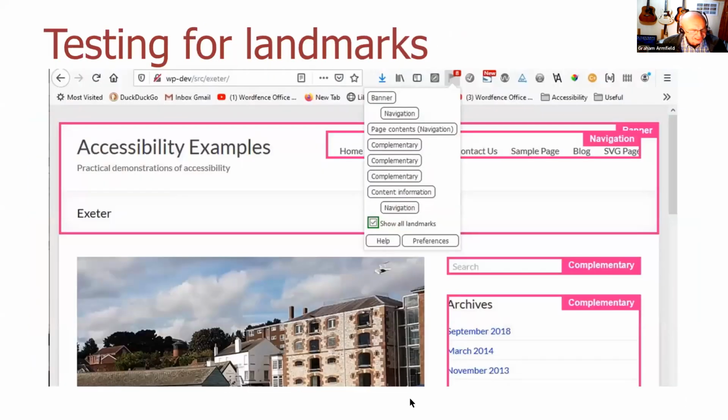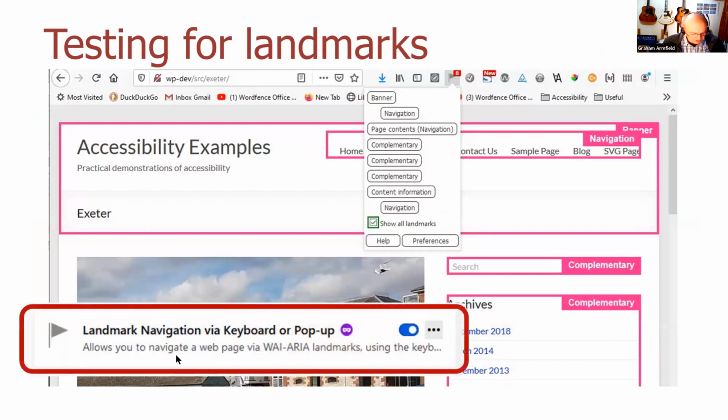Okay, so how do you test for the landmarks? Well, there's a browser extension for that too. It's one that's called Landmark Navigation via Keyboard or Pop-up. It's available for Firefox, as you can see here. I've got Firefox in the screenshot, or it's also on Chrome as well. And if you check this box here, show all landmarks, it puts these outlines on your page so you can see where all the landmarks on your pages are.